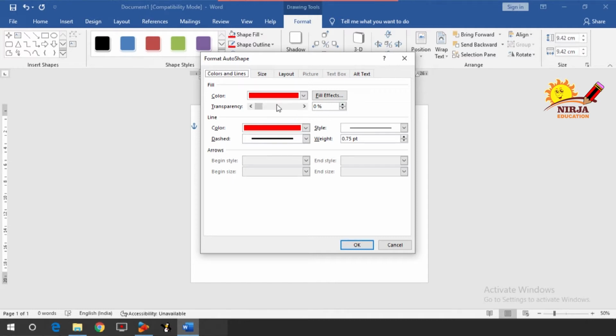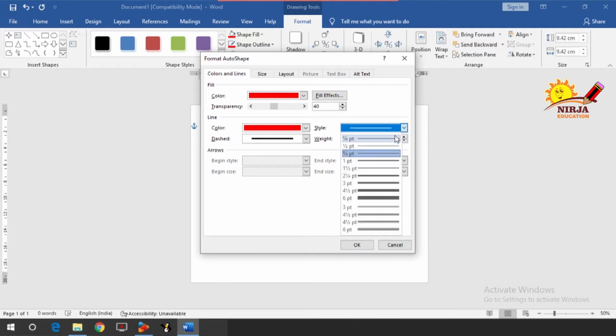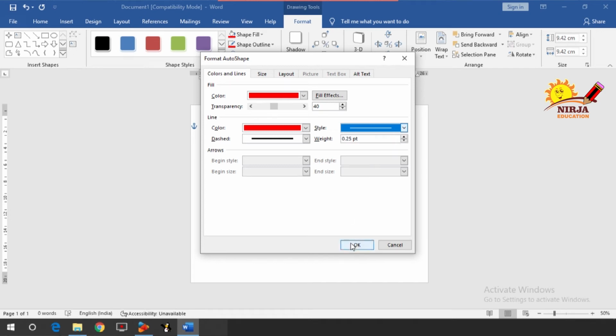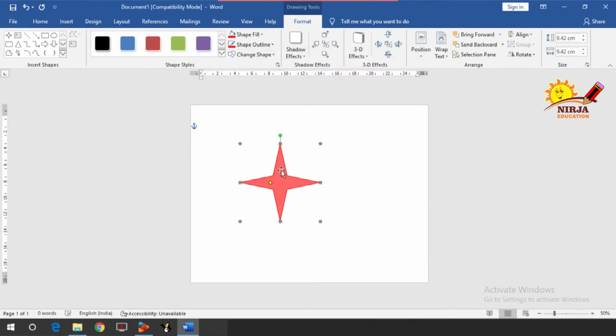So I am going to change the transparency of the fill color up to 40% and the line style I am going to change to the very smaller one, which is 1/4 pt. Then press OK. As you can see, a lighter color appears on the shape.